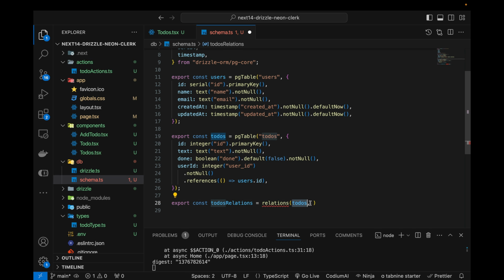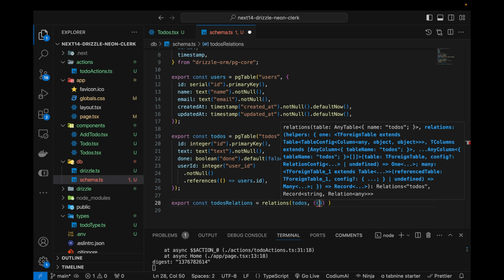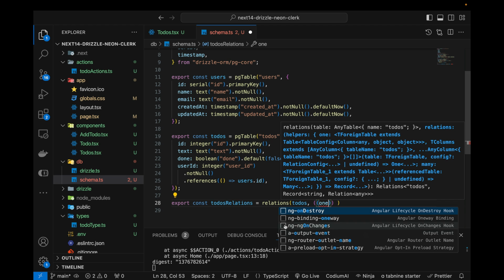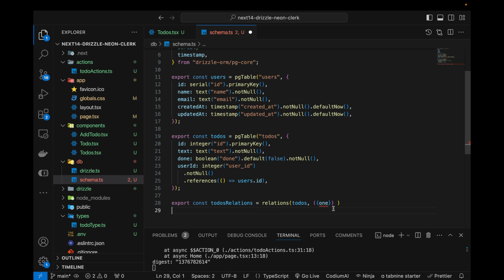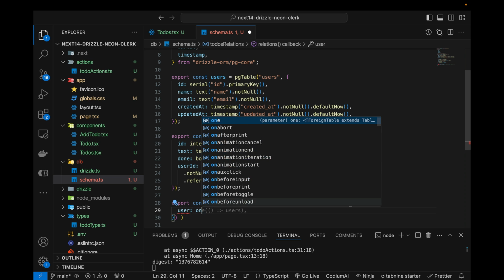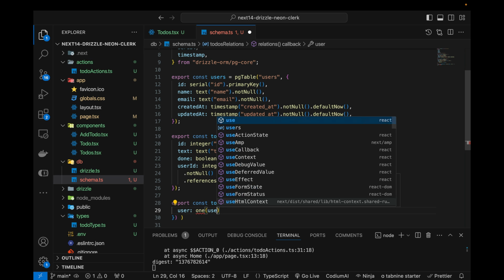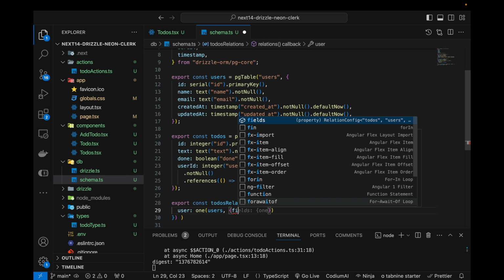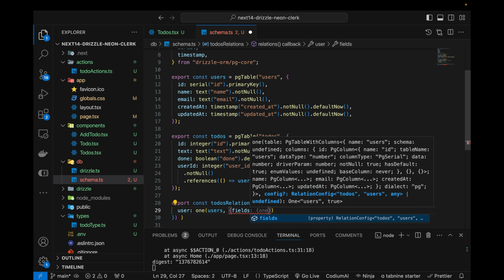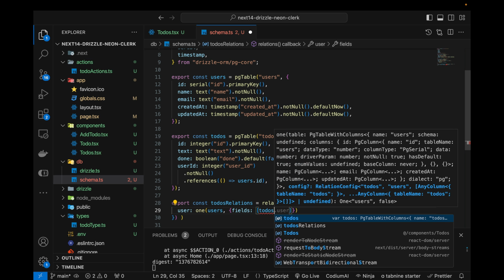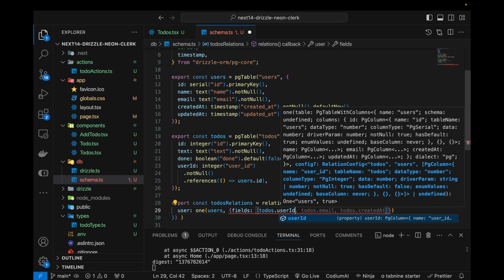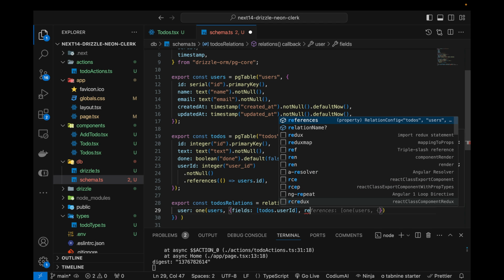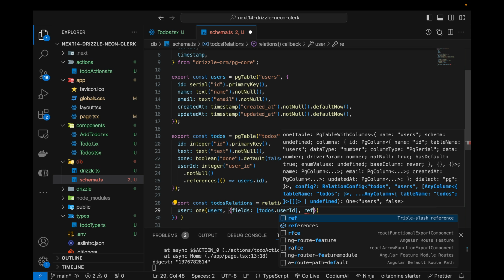After this I can use one, and let's use this arrow function and this particular syntax, and then I can use user, one, users, comma, I need to define the fields todos.userId, then I need to use references